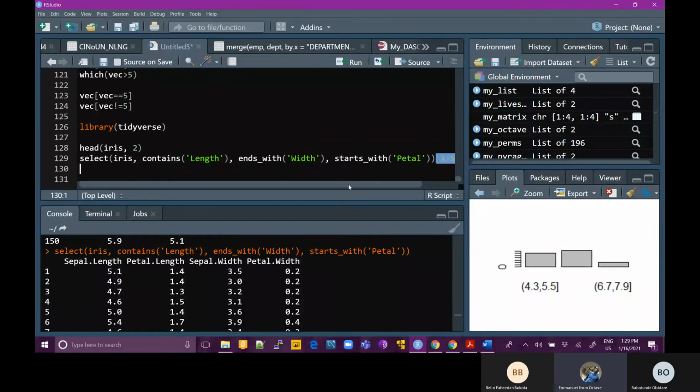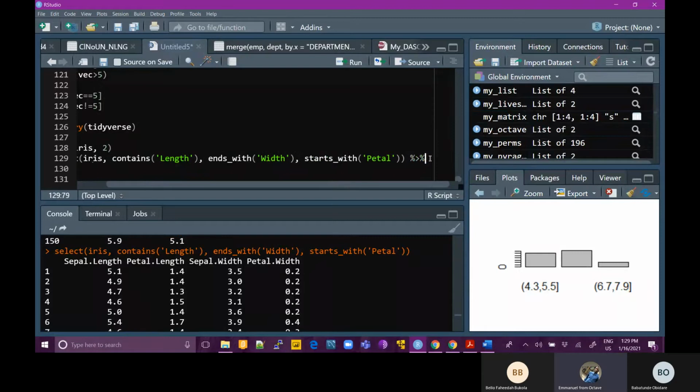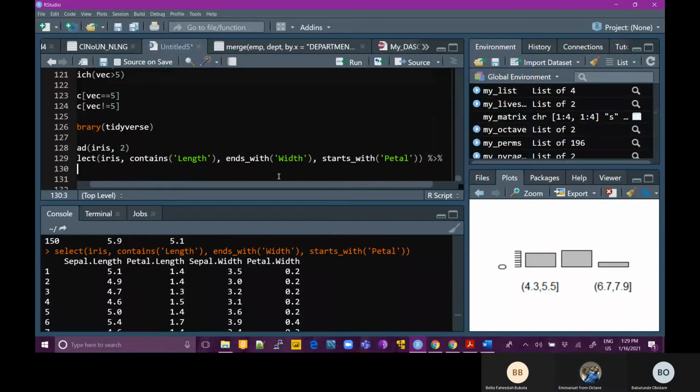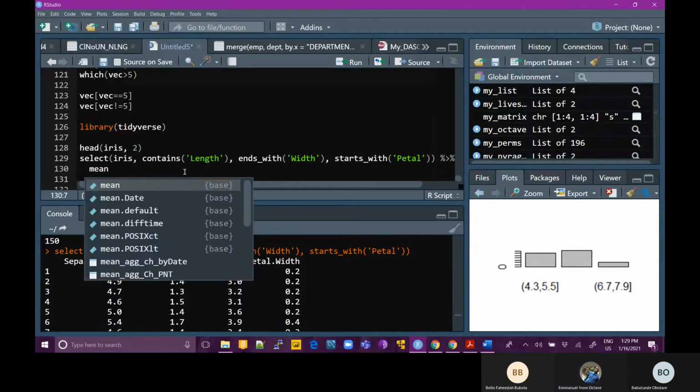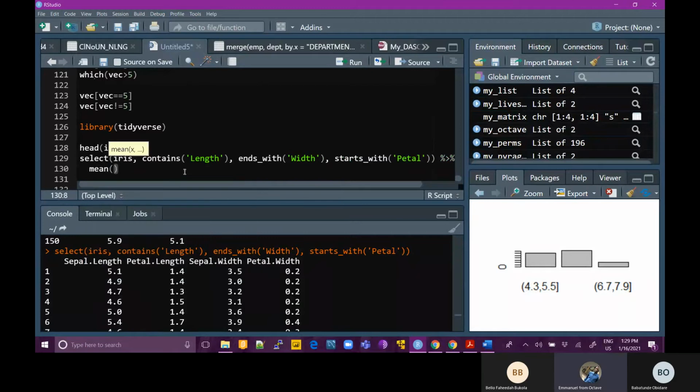So following from this command, what do I want to do? I want to find the mean of, say, Sepal.Length. I can explain this with Sepal.Length. If I run this command now,